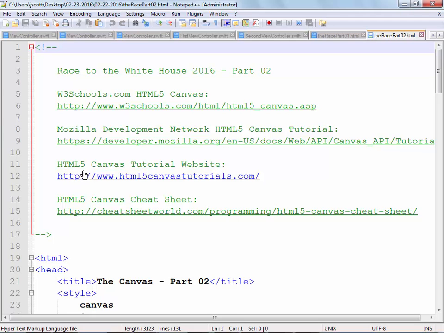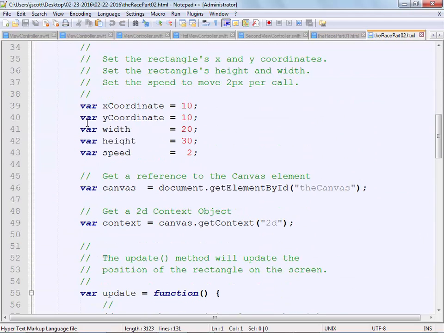All right, so part 2. Now look what we've added. We've set the rectangle's X and Y coordinates, their height and their width, and their speed. Their speed, basically, if you don't know this already, and I mentioned this to the class yesterday, am I right in assuming that probably everybody in here at one time has done this or seen this, a book where you page through it, and you draw a little stick figure on the end and just page through it so it looks like it's moving one direction or the other? That's kind of the animation that's taking place in here, to be honest with you.